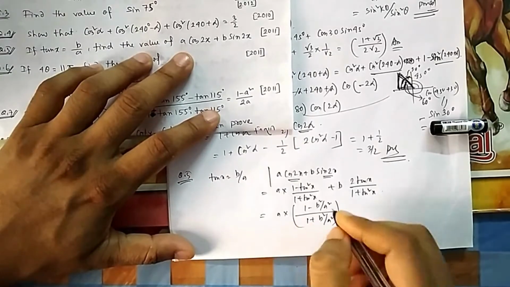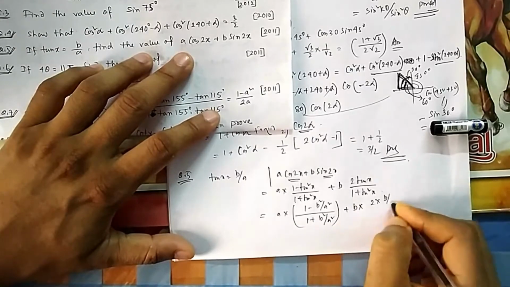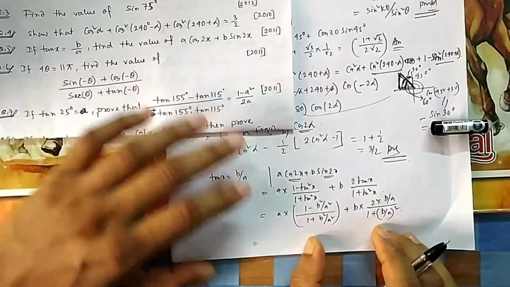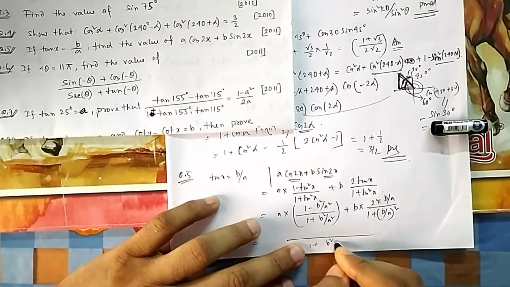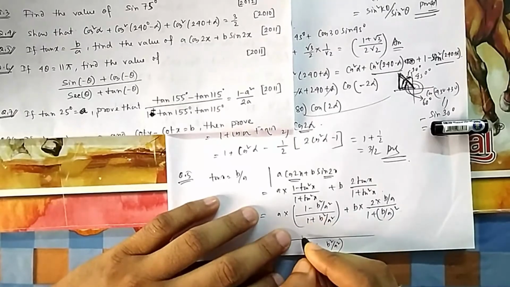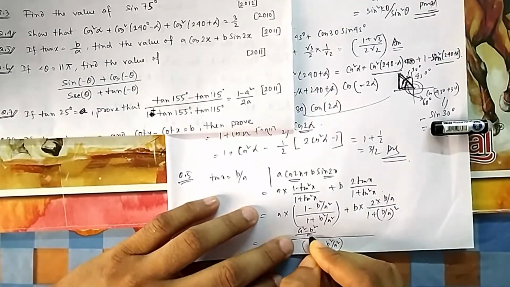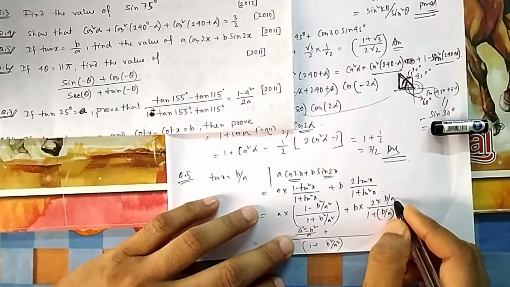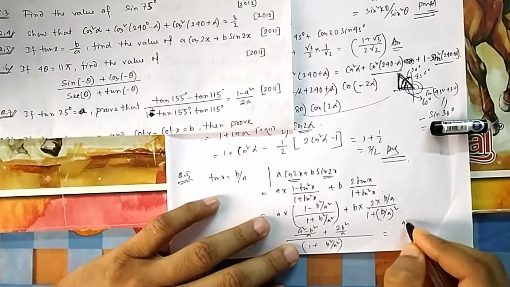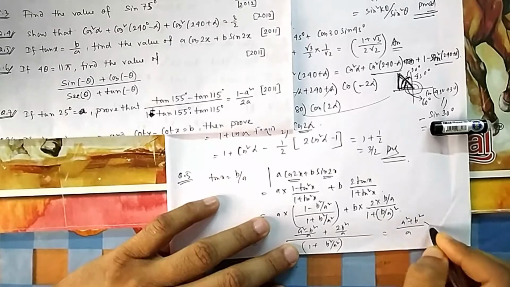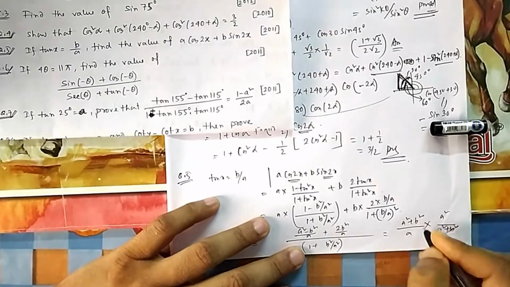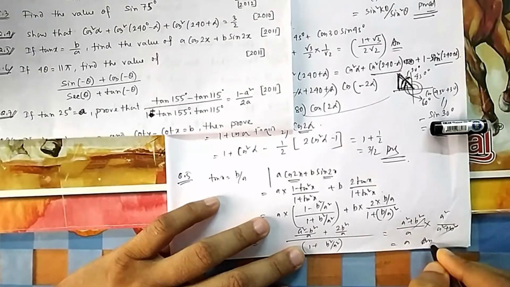So if I put in the value of tan x, that is b by a, and do it, ultimately there will be 1 plus b square by a square common in both denominators. So here if you take LCM, it will be a square minus b square by a, and here if you take LCM, it will be 2b square by a. So if you add it, it will be a square plus b square by a. Then this a square plus b square cancels, because the denominator is also a square plus b square. So ultimately you will be left with a only. So a is your answer.